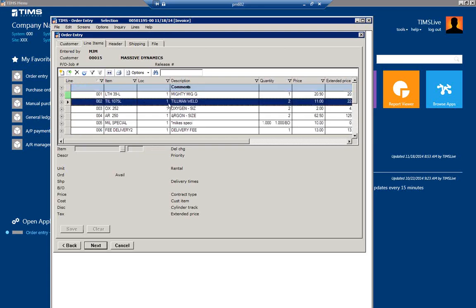Let's say I'm looking at this order and this customer wants another pair of Tillman gloves. And I like to have all the Tillman stuff near each other. I want it inserted right below this existing Tillman item. I can highlight this Tillman item up here in the upper area and click on Insert, or the hotkey is,